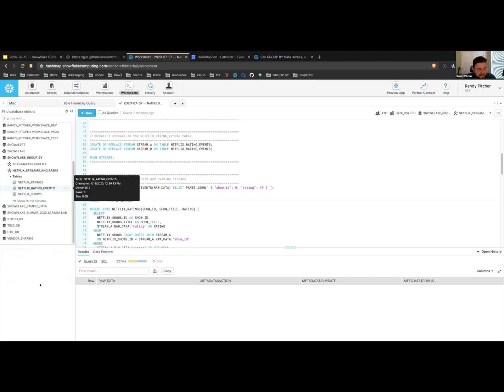Sorry, rating is events schema, just raw data. But we also have these metadata columns. The action is update and the row ID. So let's go ahead and insert some data. And I'm going to insert a rating. This is maybe what